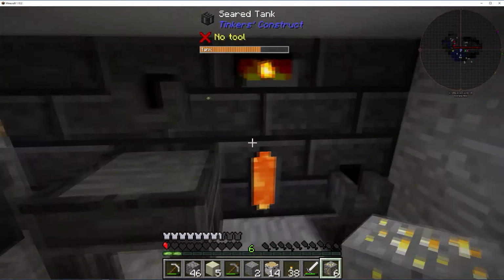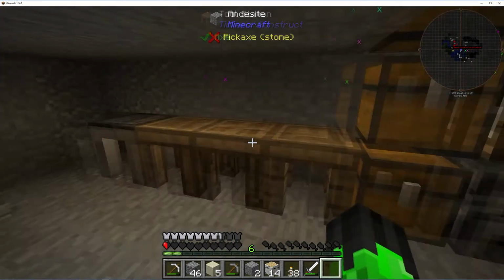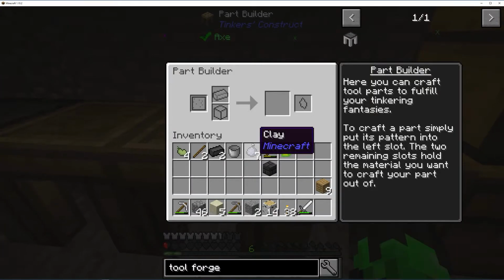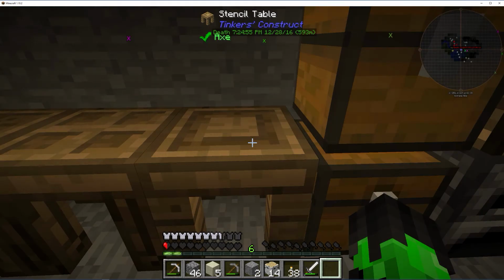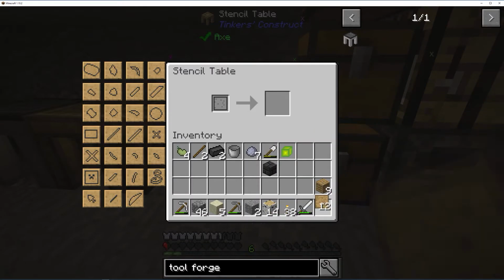Gold. So we're gonna put gold inside there, and that's what we're gonna make our stencils with, I believe. I don't know. I just don't know. So we get our blank patterns. We're gonna put it in the stencil table, and then we're gonna make one of those guys, and we're going to make